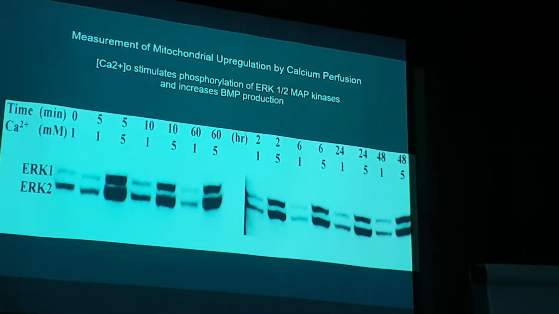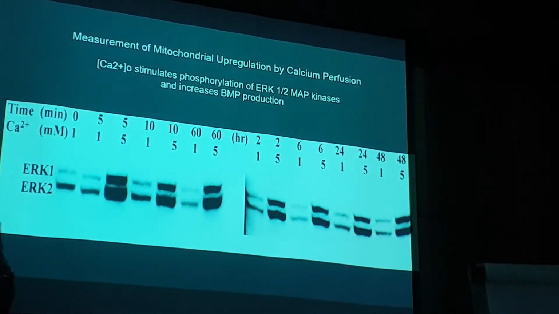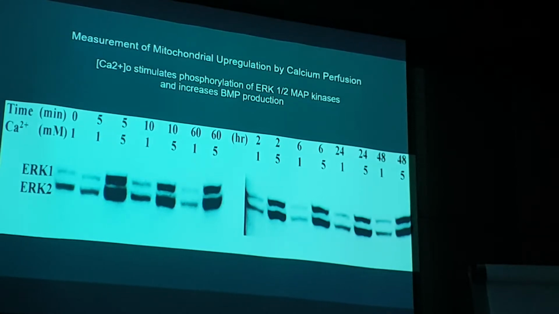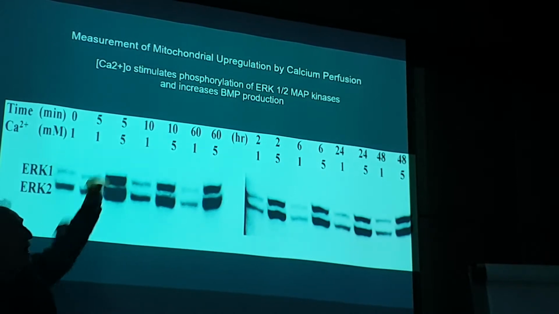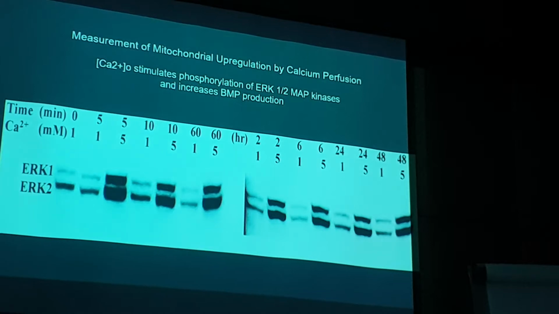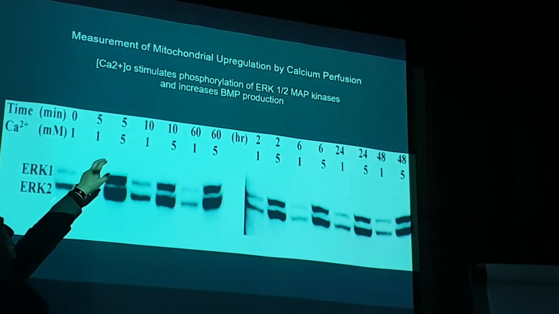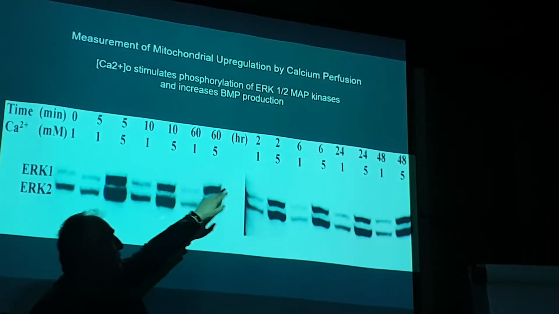This is called electrophoresis. In electrophoresis, we're actually able to take that radioactive thymidine and then test how much mitochondrial proteins are being manufactured by the mitochondria. And what they did in this case is they took two solutions. One was a 1 millimole solution, the other one was a 5 millimole solution of pure calcium ions. They put it into a cell culture and tested it at 5 minutes, 10 minutes, 60 minutes, 2, 6, 24,